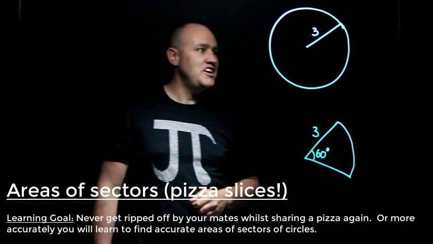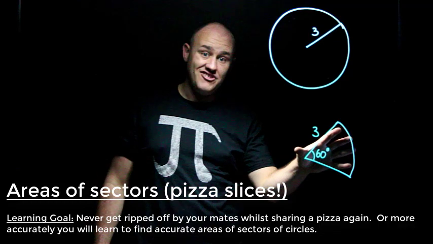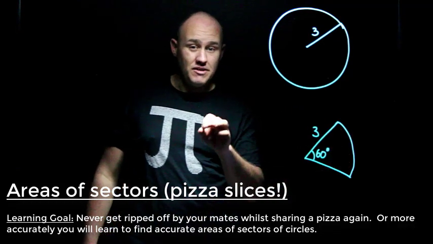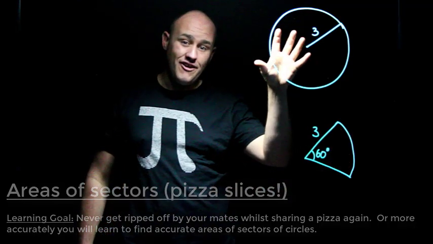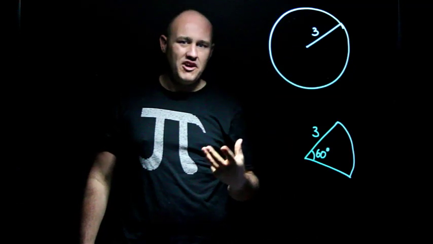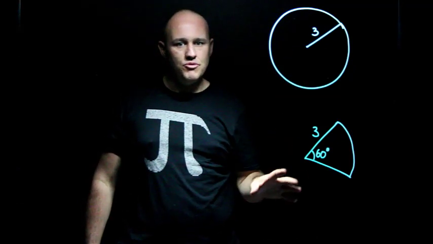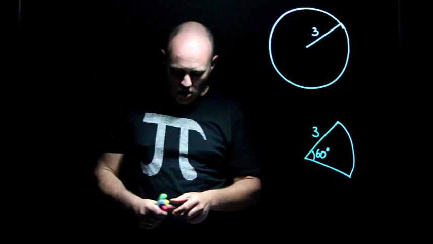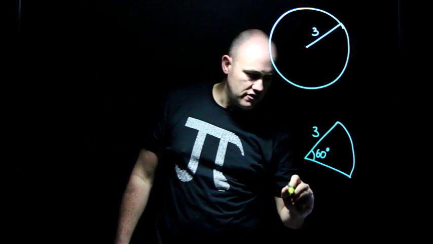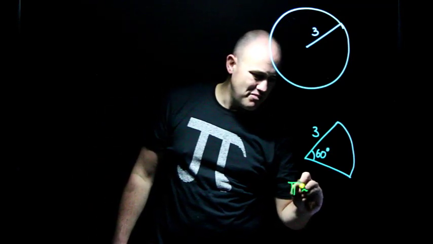Hi and welcome to my video on calculating the areas of sectors of circles. So the assumption in this video is that you've already learned how to calculate the area of circles and you have a bit of understanding of angles, otherwise you'll be able to do everything. You'll need to know the number pi and be able to use a calculator, so just don't forget that pi, it's about equal to